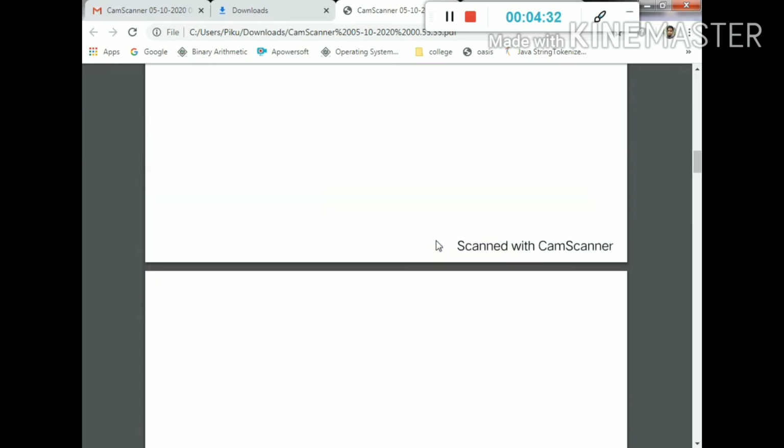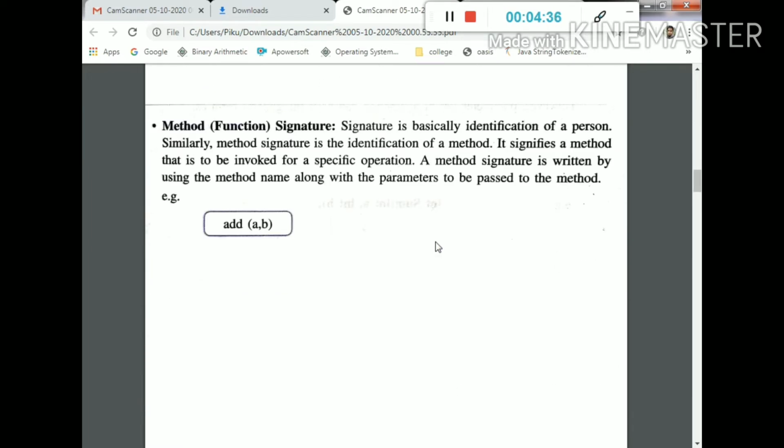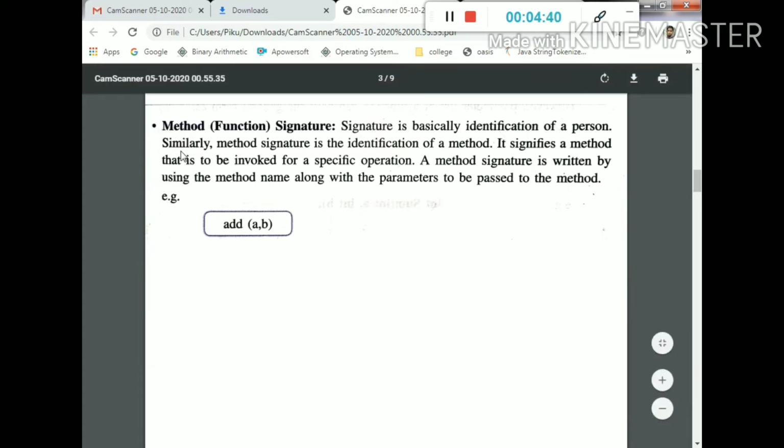Now the next topic is method signature. A signature is basically the identification of a person, and similarly a method signature is the identification of a method. It signifies a method that is invoked for a specific operation. A method signature is written using the method name along with the parameters to be passed to the method.